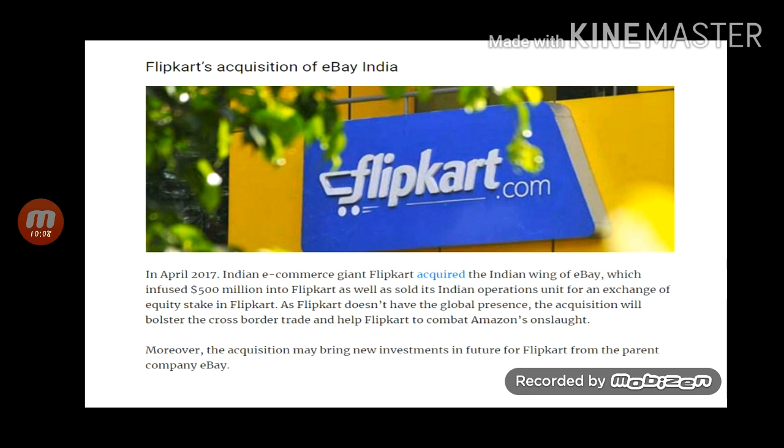In April 2017, Indian e-commerce giant Flipkart acquired the Indian wing of eBay. Flipkart acquired the Indian wing of eBay because Flipkart didn't have any global presence. By doing so, Flipkart was going to have a global presence, and this acquisition will bolster cross-border trade, which will even help Flipkart to combat Amazon's onslaught or competition. So, in order to cut expenses in cross-border transactions, and to fight competition, companies normally go